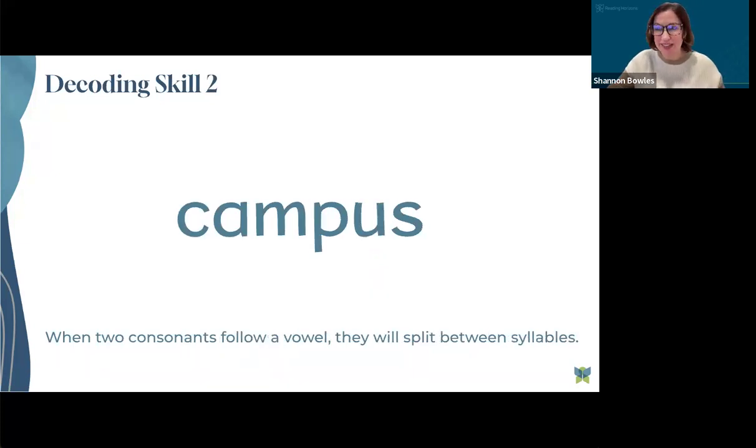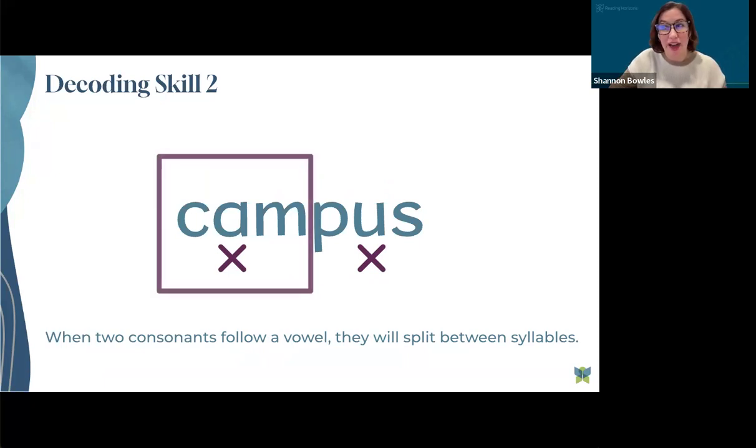Decoding skill 2, same process, left to right, identifying the vowel A and the vowel U. We know we have more than 1 syllable, so we're looking between our vowels. And in this word, between our vowels, we have 2 consonants. They're not blends or digraphs that stay together. And so decoding skill 2 tells us 2 will split. We're going to divide between those 2 consonants and apply the 5 phonetic skills to prove the vowel sound in